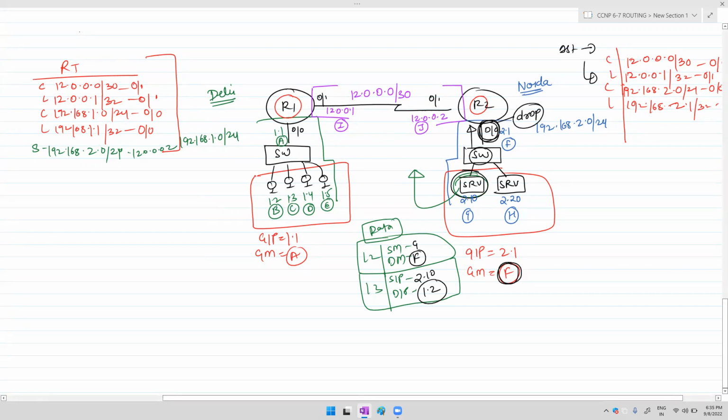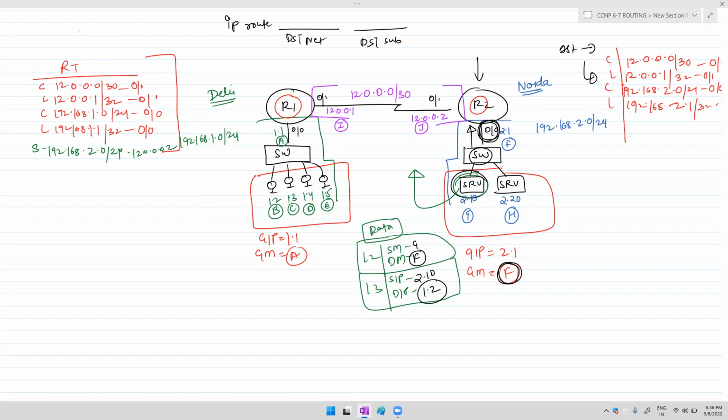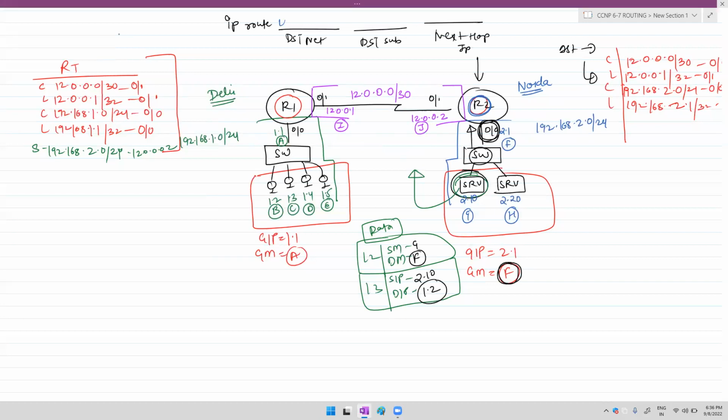Now how to forward to router 1? So basically in this scenario, the network engineer goes to which side? Router 2 side. And now the network engineer says ip route. Route means path for which network? Destination network, destination subnet mask, and which IP do we need to define there? Next hop IP. So from router 2 to router 1, is this network directly connected? No, it's indirectly connected. So basically the destination network is